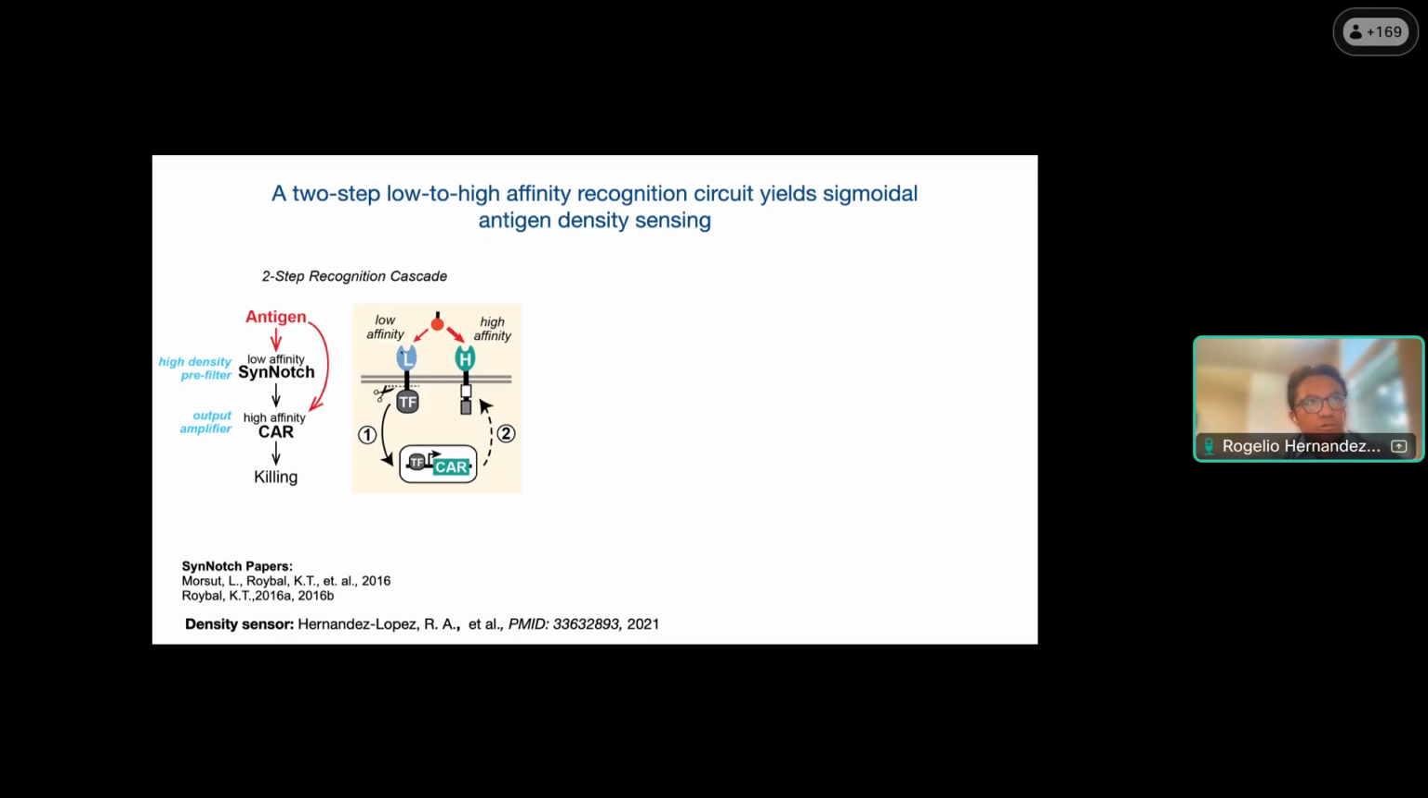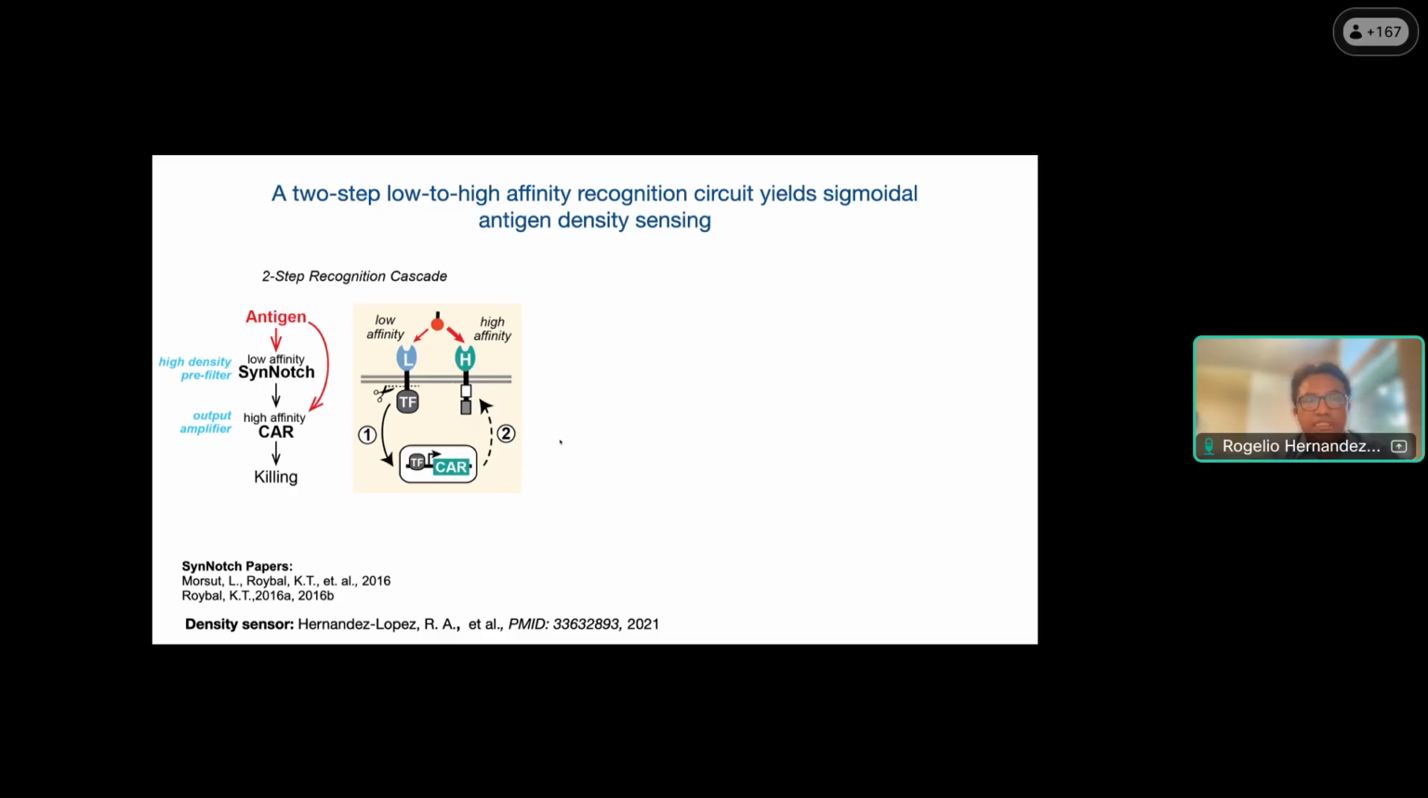The way synthetic notch works is that upon binding of a ligand to the recognition domain, there is a release of a transcription factor. That transcription factor can be orthogonal and synthetic, different from the transcription factors of the cell, and can be leveraged to control the expression of any payload of your choice. So in these antigen density sensors, what we did was to put the chimeric antigen receptor downstream of synthetic notch. And by playing with the affinities of the recognition domains of these receptors, you can control the behavior of